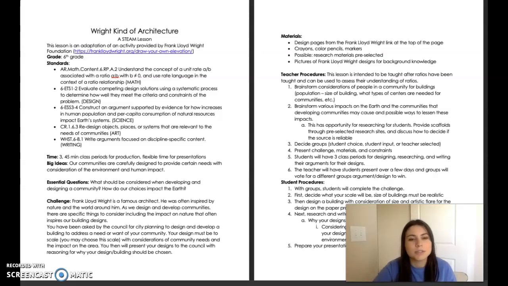So writing standards. It takes about 3 45-minute class periods, but it's flexible for those presentations at the end. And it's just really focusing on how design impacts and considers the needs of a community as well as the impacts on the earth. The essential questions are what should be considered when developing and designing a community, and how do our choices impact the earth? So the challenge is that they've been asked by the Council for City Planning to design and develop